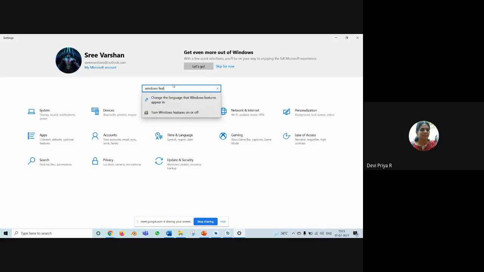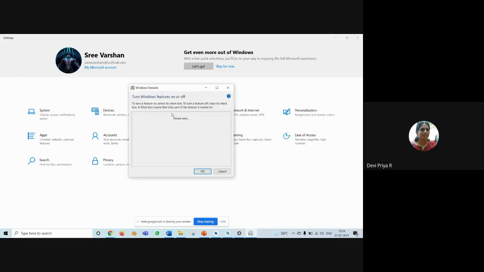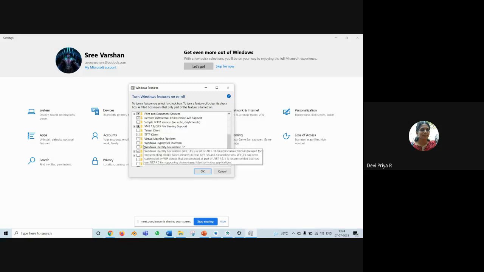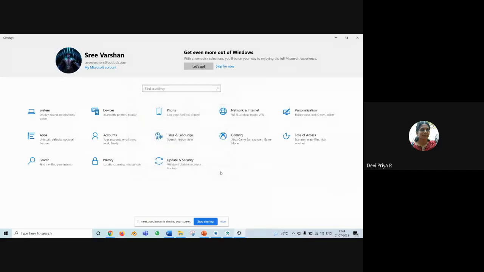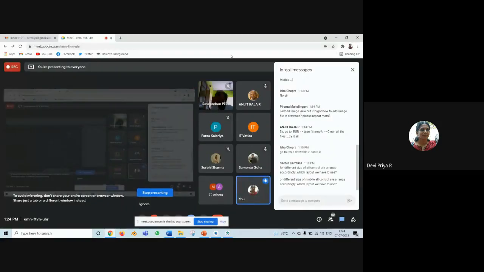Inside that you have the Hyper-V option. It is not visible in this laptop, so no problem, but if you have it, just uncheck it, because that also sometimes creates problems. And if that is also not the problem, then you have to change that option in the BIOS. While starting your system, you have to uncheck that virtual device option.